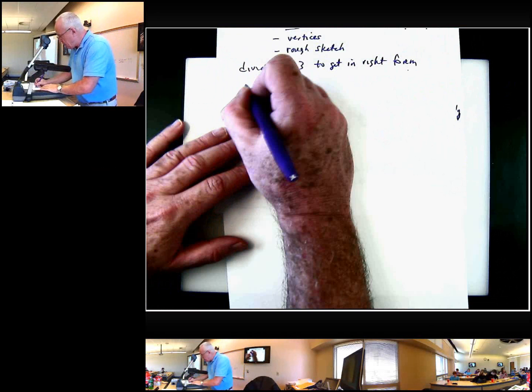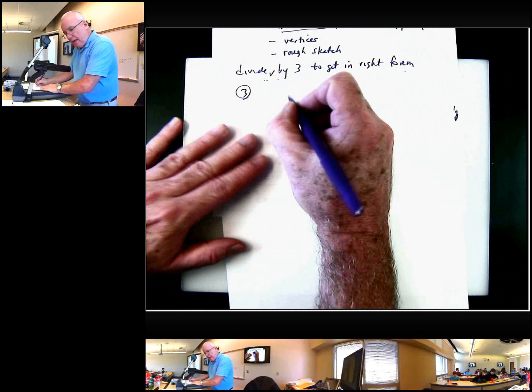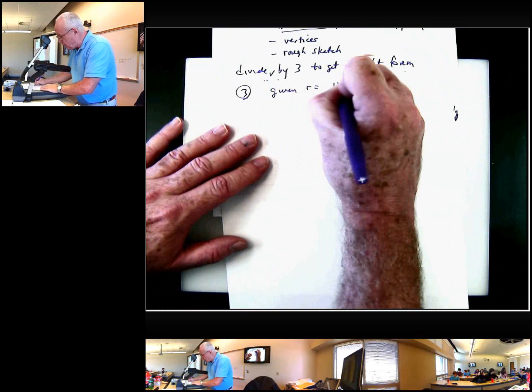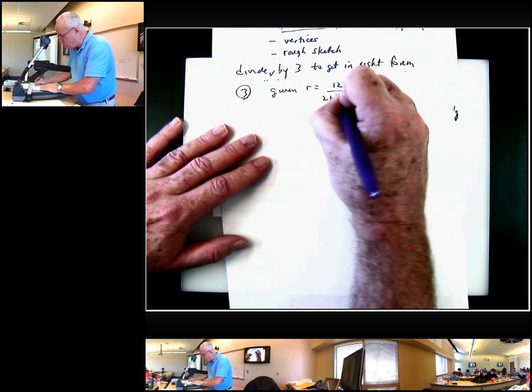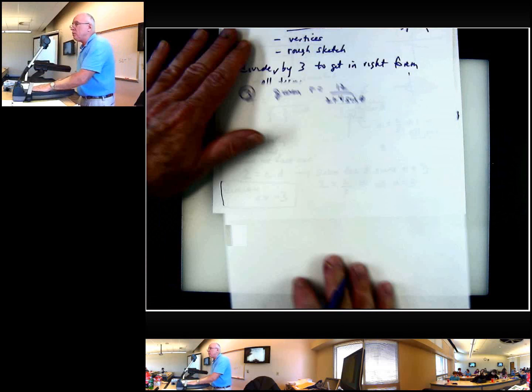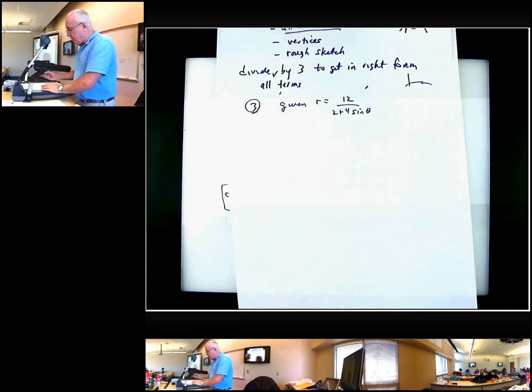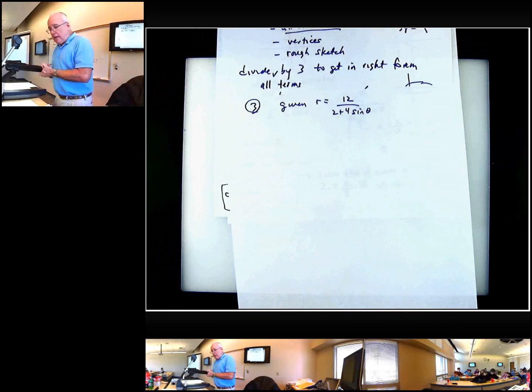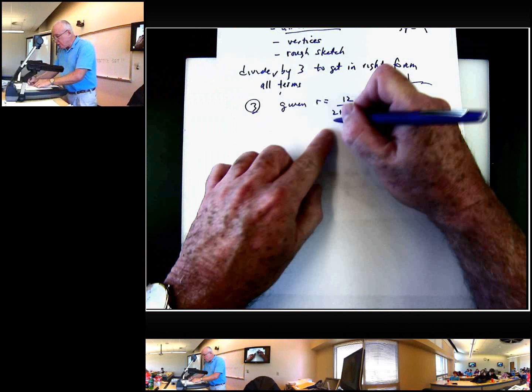So here we have number 3, and here we're given r equals 12 over 2 plus 4 sine of theta, and we're basically asked the same questions. First we want to find the eccentricity, then we'll find the type of conic it is. Now again, the first thing we need to do is make that